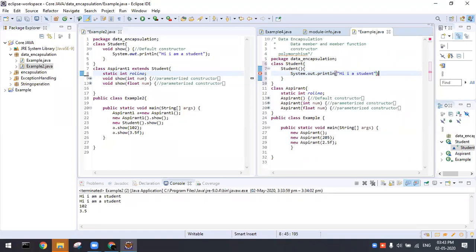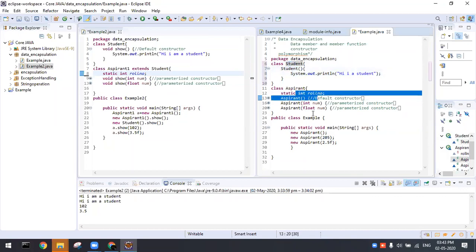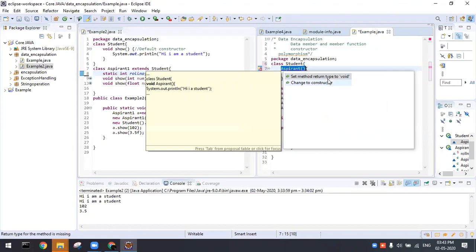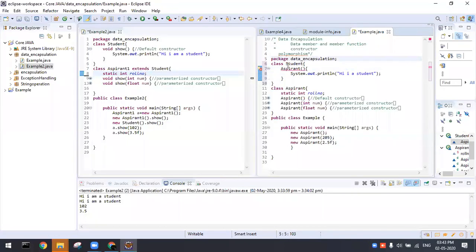Listen, here itself you come to know that overriding or overloading polymorphism is going to have the same name as the class name, right? Yes or no? But listen guys, Student is having Student, Aspirant is having Aspirant. Suppose I mention Aspirant here, what will happen? This is going to throw an error. What is the error? The method is not coming from this type. So this is going to be the Student constructor here, but here it is going to be a different method.